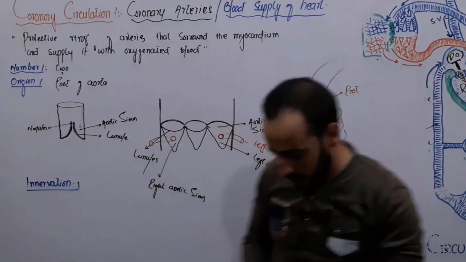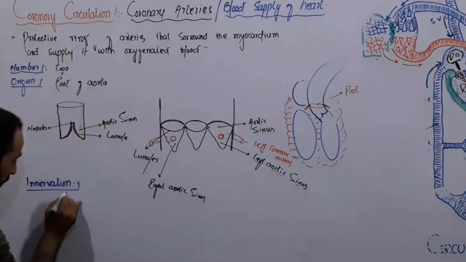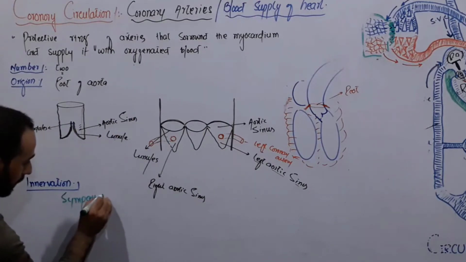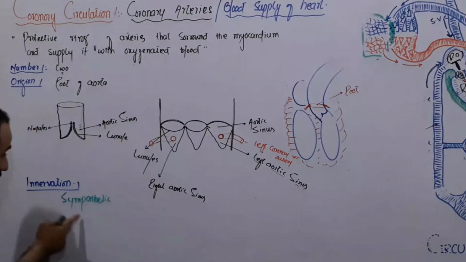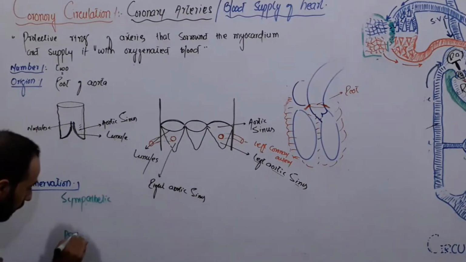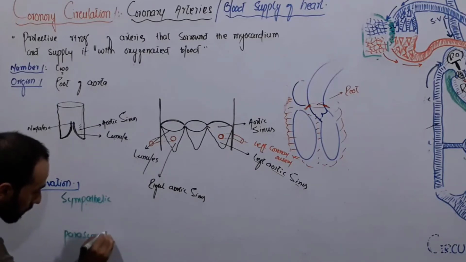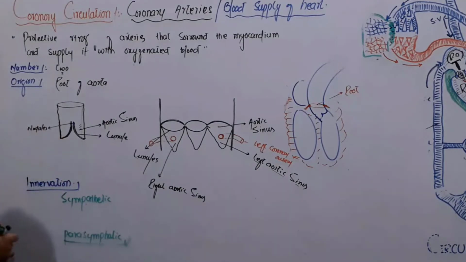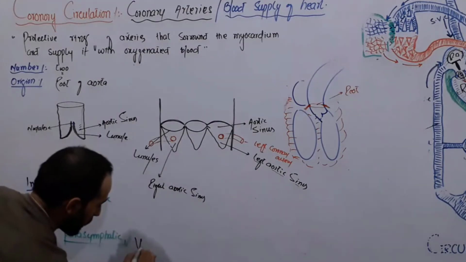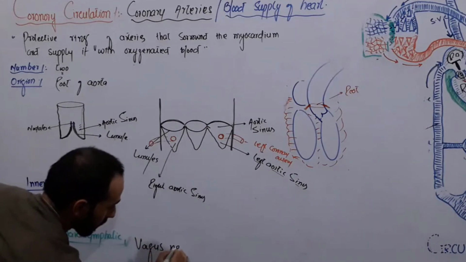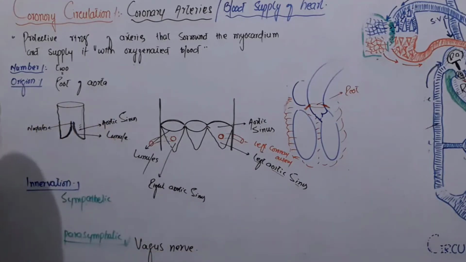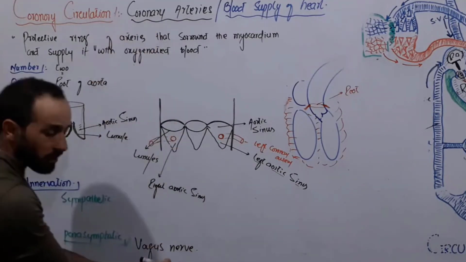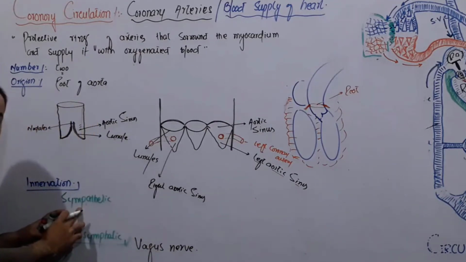So the coronary arteries are supplied by sympathetic fibers, and they also receive parasympathetic fibers. Parasympathetic activity to these coronary arteries is provided by the vagus nerve, and sympathetic activity is provided by